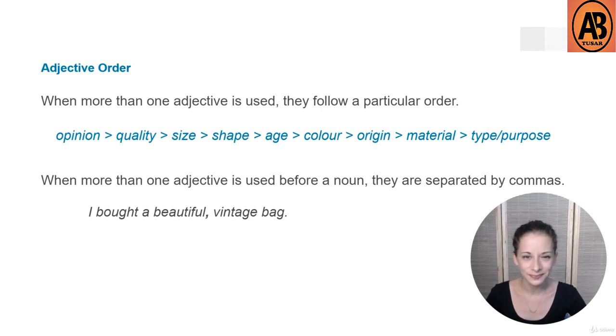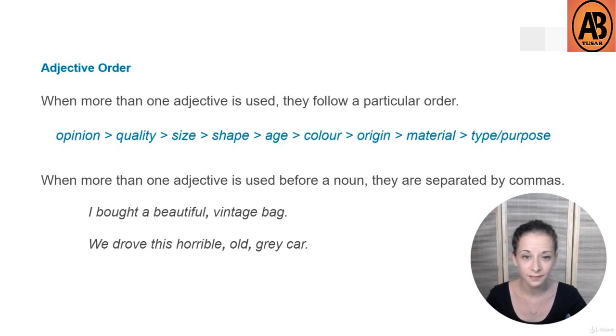Here's another example. We drove this horrible old grey car. Now here we've got three adjectives. We've got horrible, again that's an opinion. We've got old, which is the age, and then grey, which is the colour. And this follows the pattern above. Horrible old grey, not old horrible grey, or grey old horrible. Horrible old grey car. And if you have a closer look, you can see that we have separated our adjectives